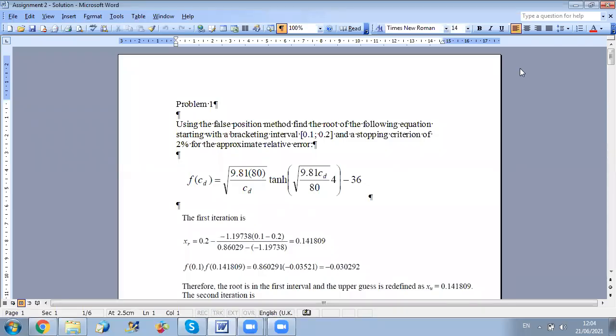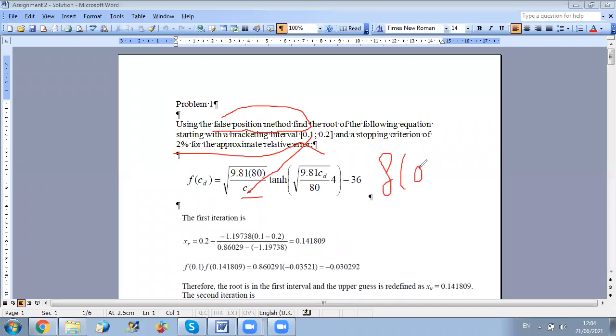So we will start by correcting the assignment together. In problem 1, using the false position method, find the root of the following equation, starting with a bracketing interval 0.1, 0.2, and a stopping criterion of 2% for the approximate relative error. So in this problem, we want to find the root with a 2% approximate relative error using the false position method. Okay, so the first step will be to replace CD by 0.1 to get f of 0.1,